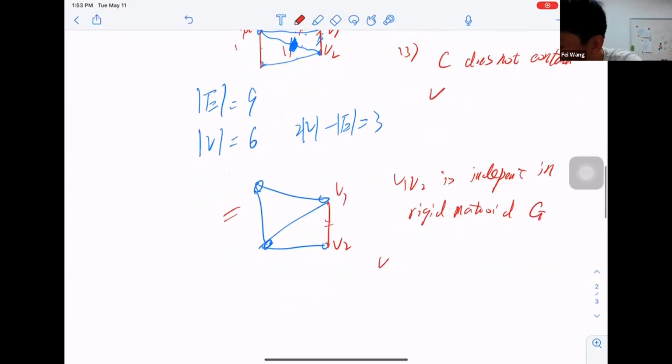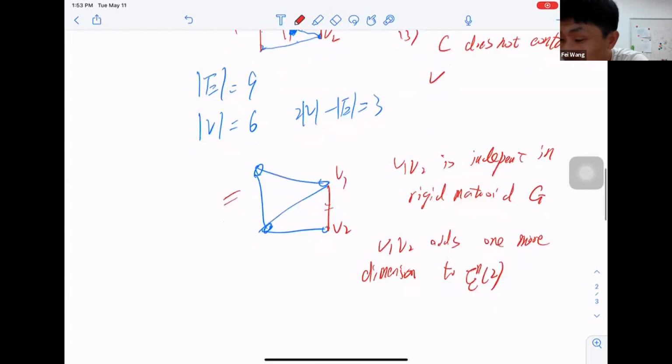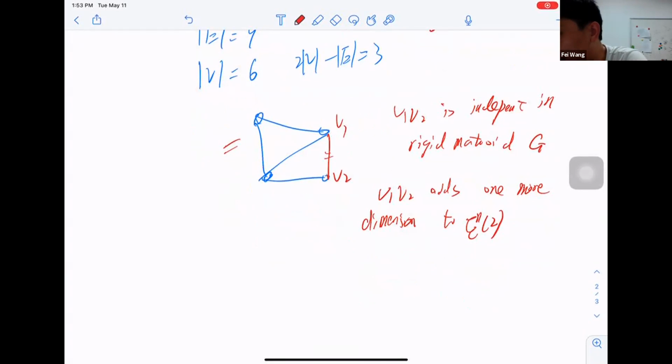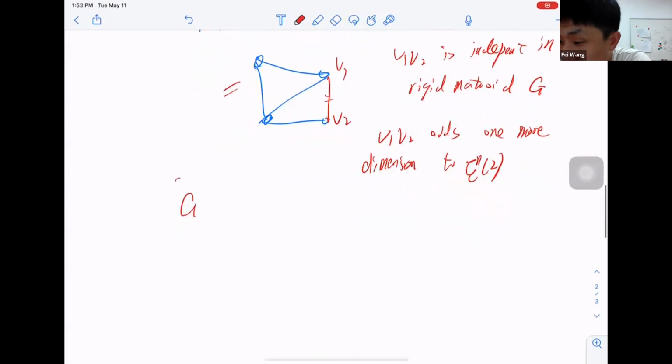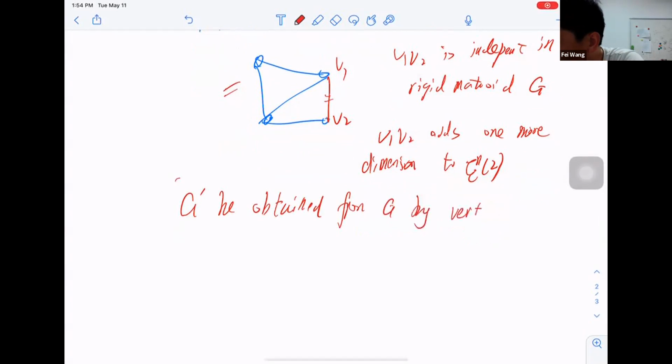So this means V1, V2 adds one more dimension to this stratum, right? This stratum, this two stratum. So the induction, so let those V1, V2 happen to be linearly dependent in the even cycle matroid, but independent in the rigid matroid. Therefore, I can say let G' be obtained from G by vertex splitting,